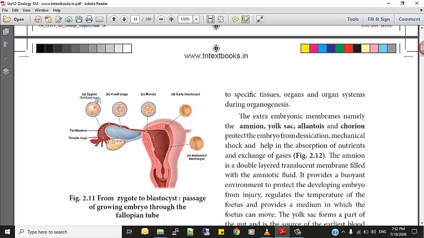This zygote undergoes many divisions. First it will undergo a division and a 4 cell stage is formed, and later this 4 cell will undergo further division to 8 cells, and that stage is called a morula, you can see. And at the morula stage, the zygote will travel from the ampulla to the uterus, and during this stage the early blastocyst